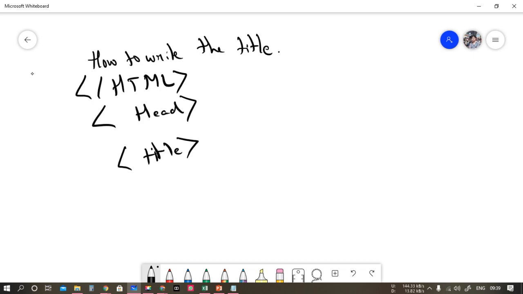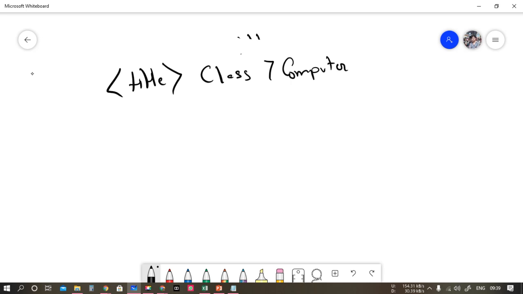What you have to do here is just write only the title part, means title, class 7 computer.